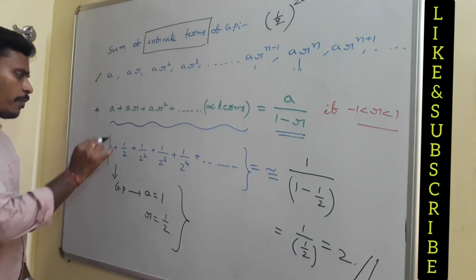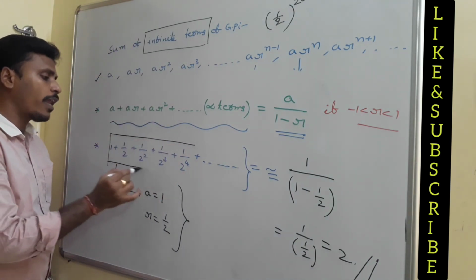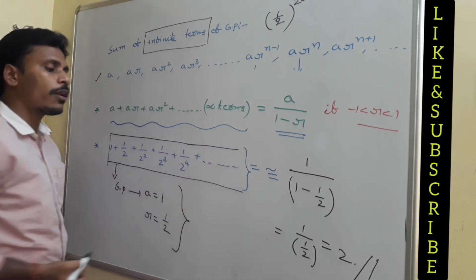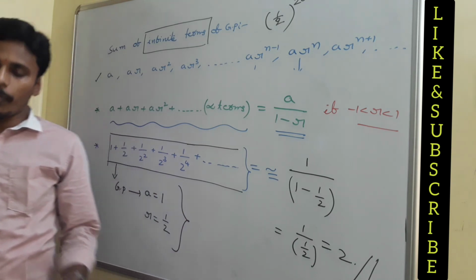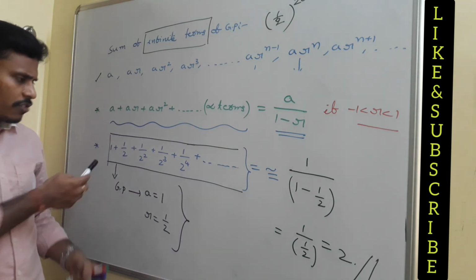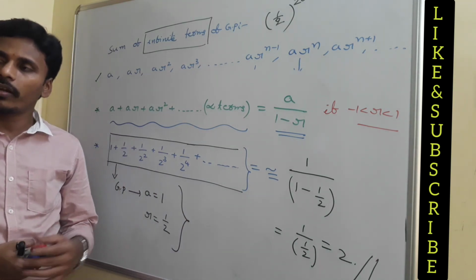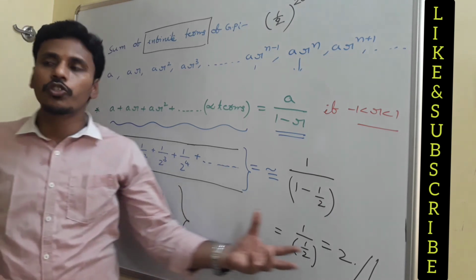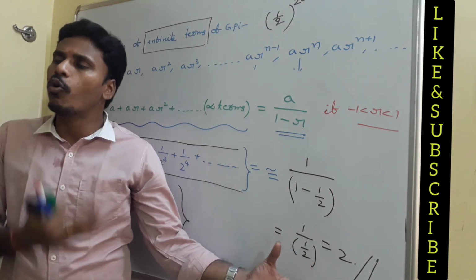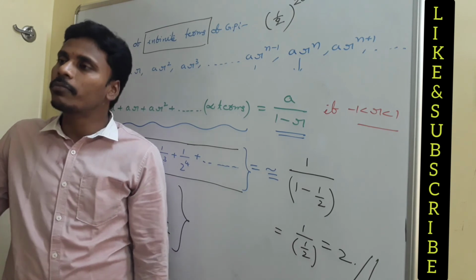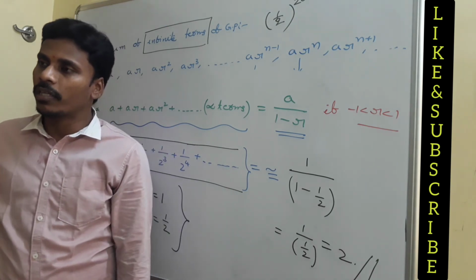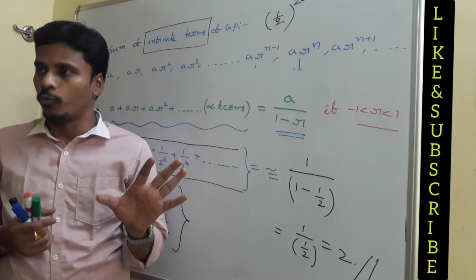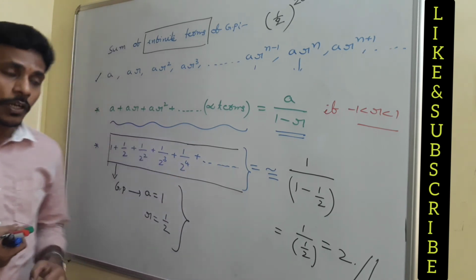See, just consider an infinite number of terms like this. Then if you try to add all those terms, your approximate value is 2. Try using a calculator if you need. Just take 7 terms or 8 terms or 10 terms. See, your approximate value is 2 only. If you add more and more terms, the later terms are very negligible, right? You will get approximately 2 point something, very near to 2. That's why we mention its approximate value as 2.